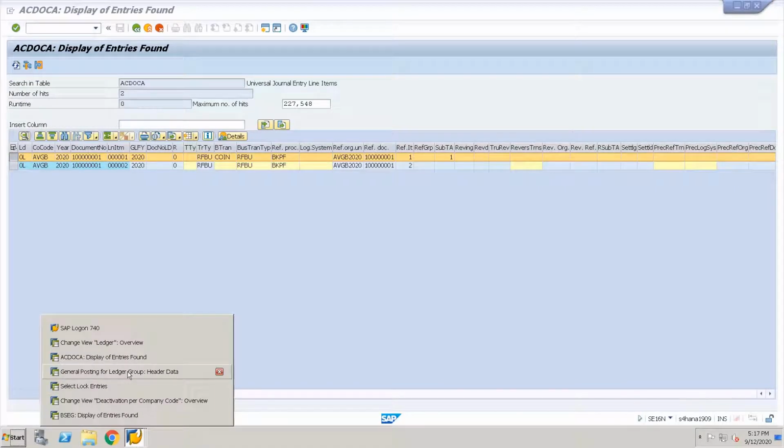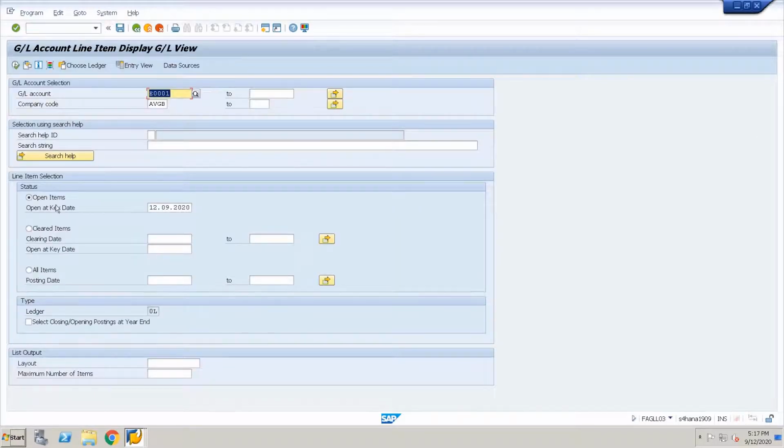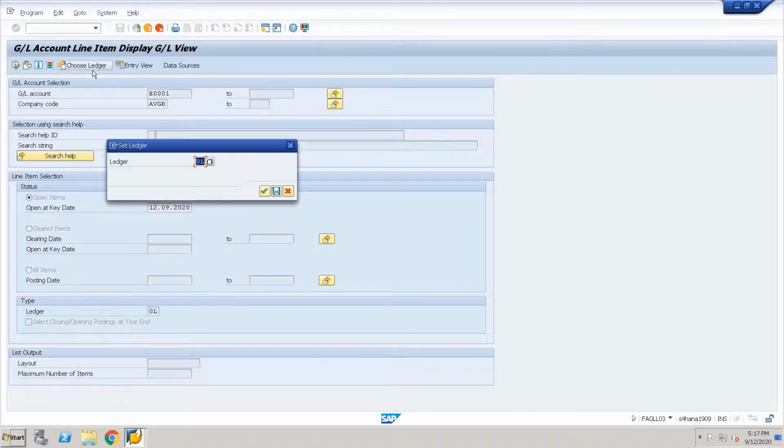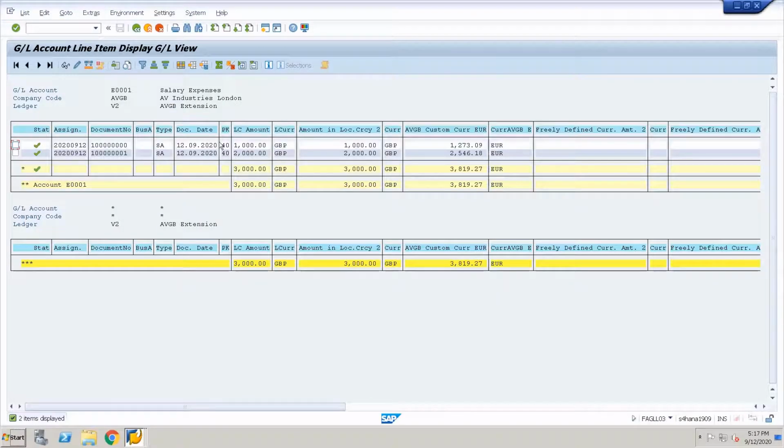Whereas if you go to the report for displaying documents, for example FAGLL03, and for this document let me choose a ledger, V2, which is my extension ledger, and execute it. I can see that there are documents posted onto the extension type ledger, but we cannot see the entries for this extension ledger in ACDOCA or BSEG tables.